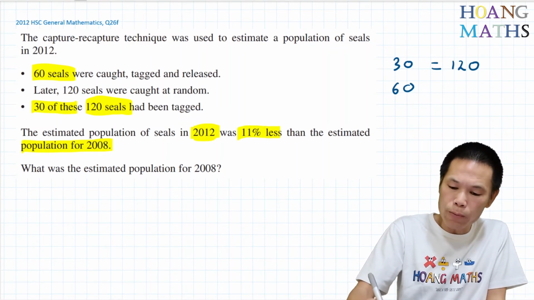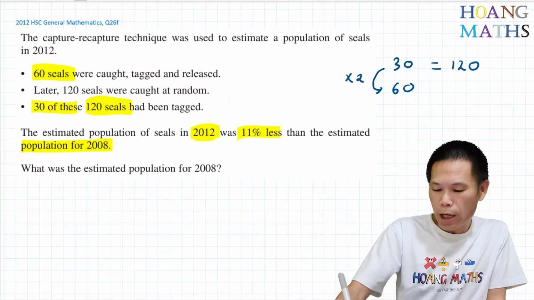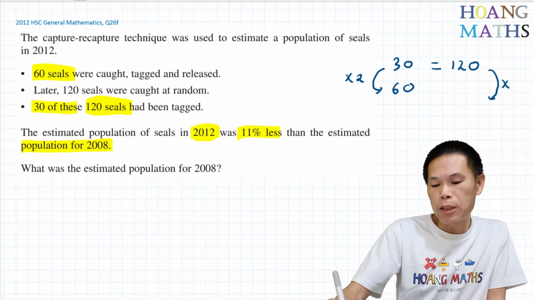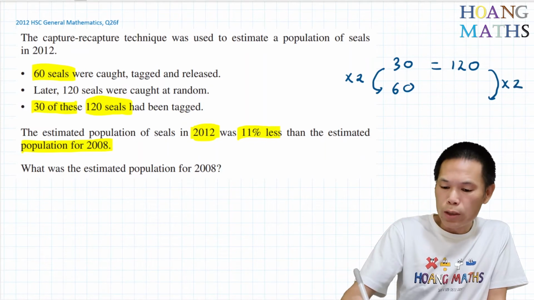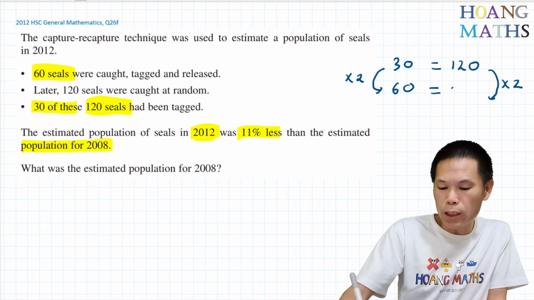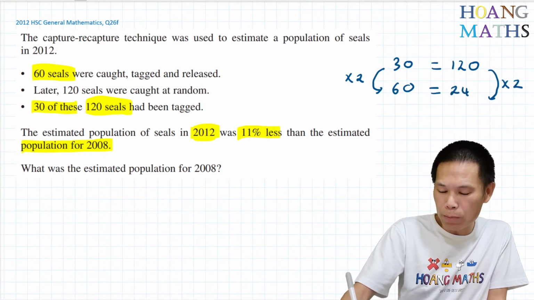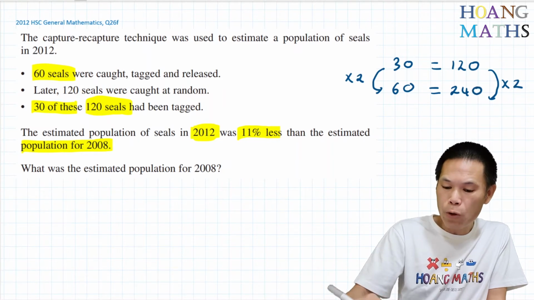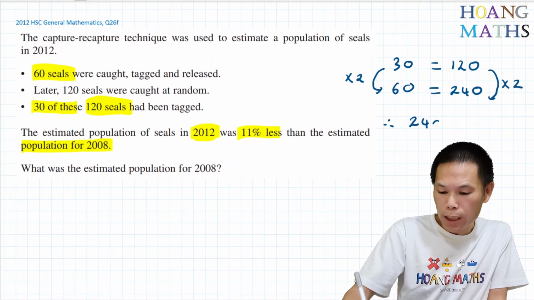So we just go from here to here, we times this by 2. And from here to here, we times this by 2. So therefore, 12 times 2 is 24. So that becomes 240 seals